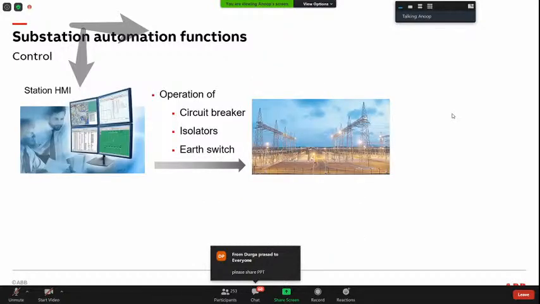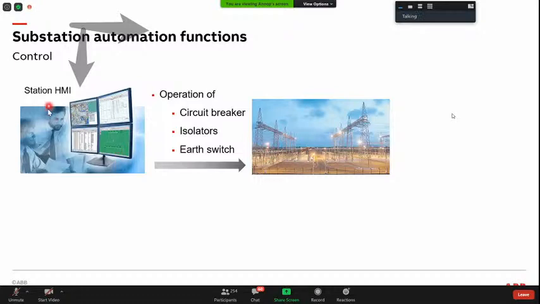functionality which I mentioned in the first slide, which is control. If you remember, protection, control, and monitoring. So control means there are many big switches. What you see here may be a very heavy mechanism when you have to close and open your switch. So what we normally do, you don't go to that place locally and operate a lever to close or open the switch. What we do basically,